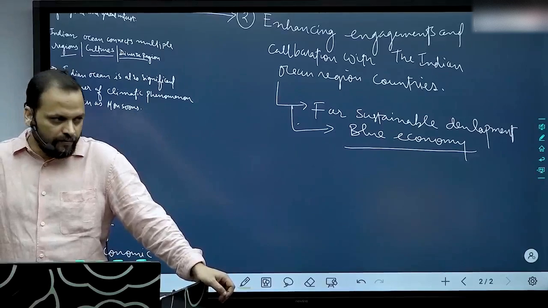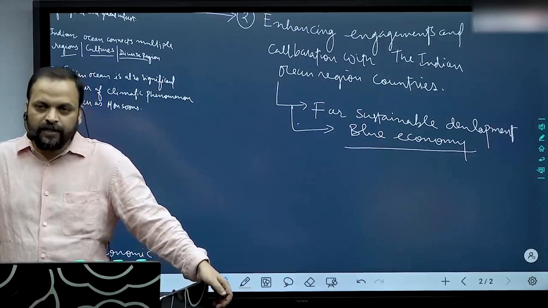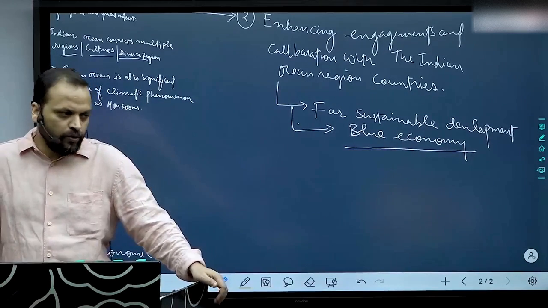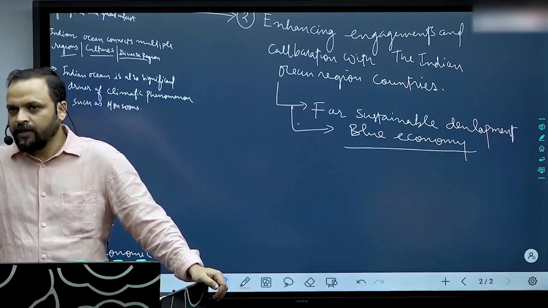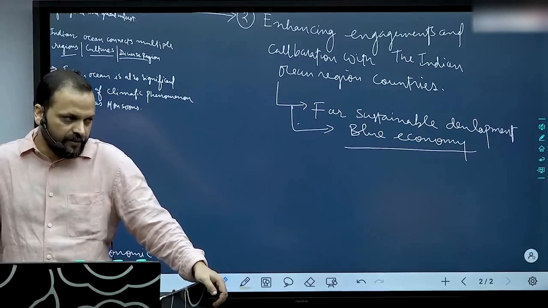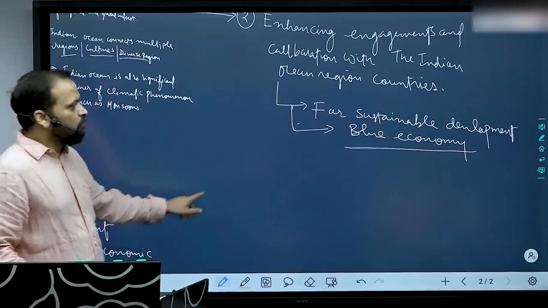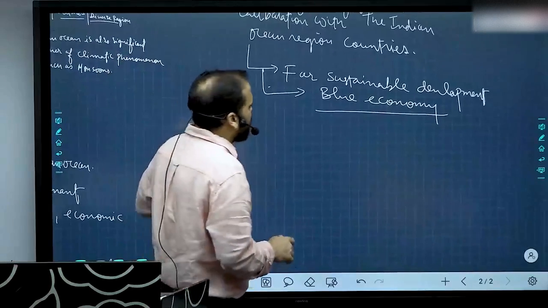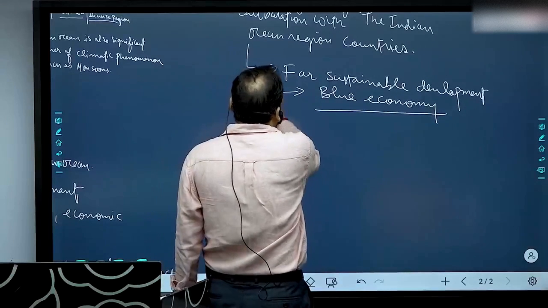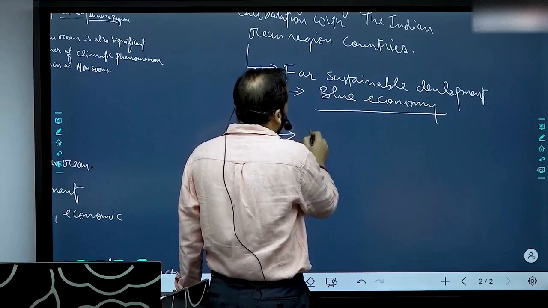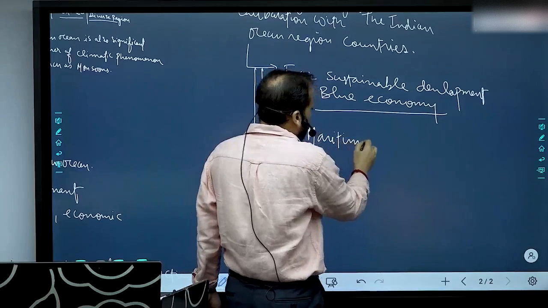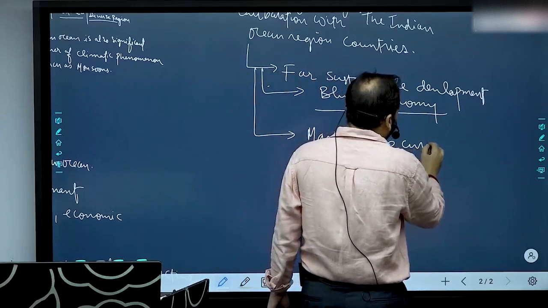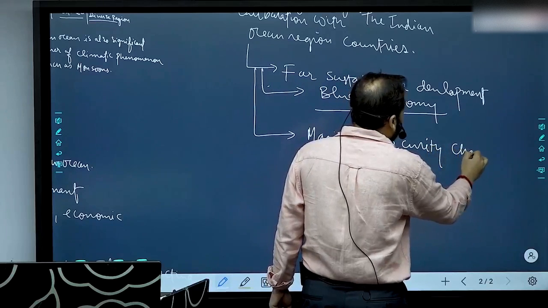So combining economic development, economic growth as a goal using ocean resources, plus the concern for ecological preservation. That is basically the idea of blue economy. So for sustainable development, blue economy, and also for meeting maritime security challenges,